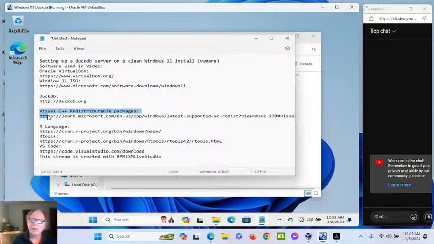The trouble is, DuckDB is supposed to be a single file, easy install, no dependencies. Well, actually there are dependencies. You have to have the Visual C++ redistributable package, which consists of 3 libraries. So it really does have to have these. You'll see how to recognize it in a moment. Then we're going to install our language, our tools,